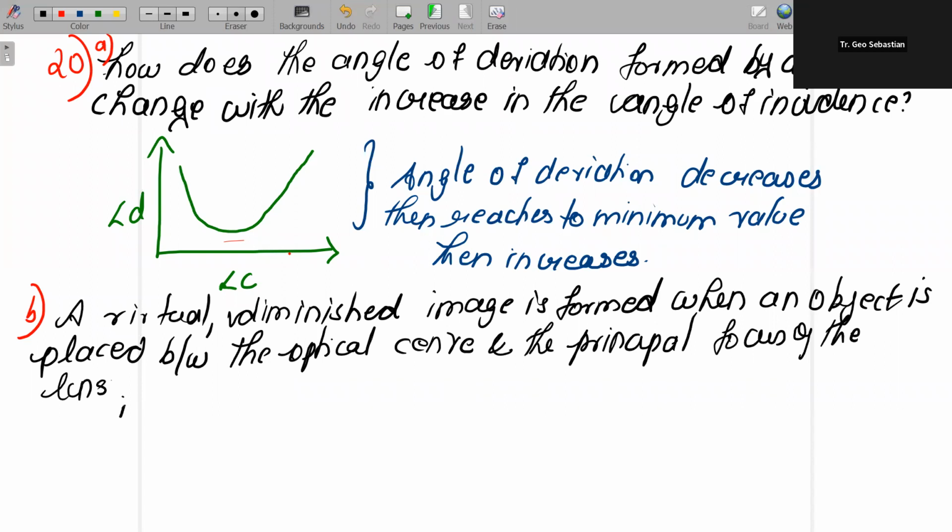Now here, first question: name the lens. Second question: